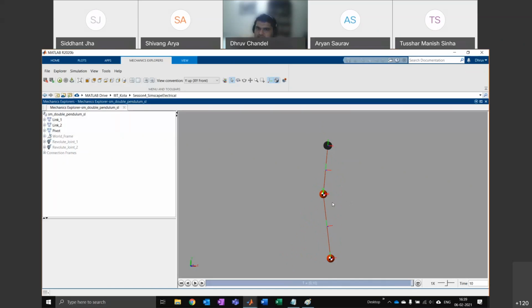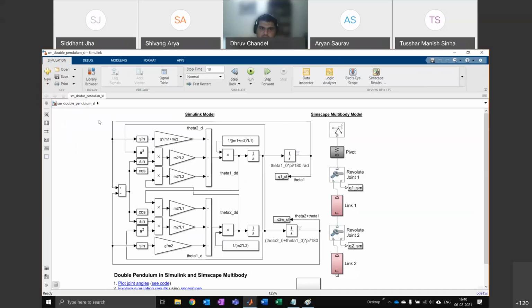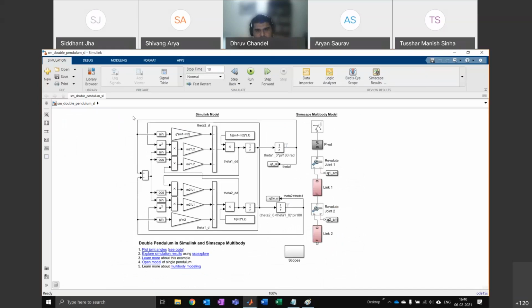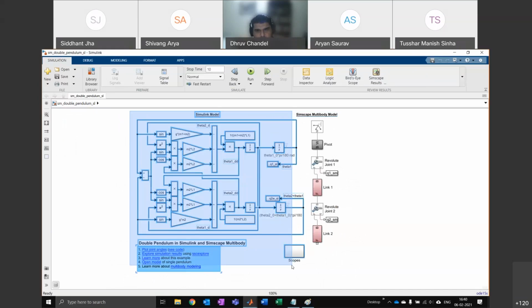So you can already see how this is much more complicated than a single pendulum, right? It becomes much more complex because these two systems become coupled together. I have no idea how to make the Simulink model for this. It's too complicated. I really don't know how to do it. But with Simscape Multibody, let me just delete the Simulink model.